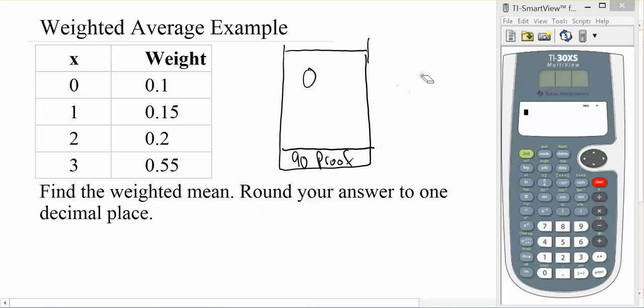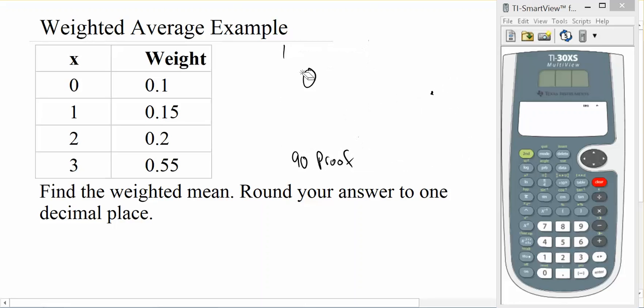Now what I'm doing is let's go ahead and say this is, we'll say 10%, and this is 90% of it. Now we're saying 90% of it is at 0, and 10% of it is at 90 proof. And now if we add those values together, that will get us the proof. That's the basic idea of a weighted average, is we want to say based on how much of it is each, we're going to figure out an average based on that.